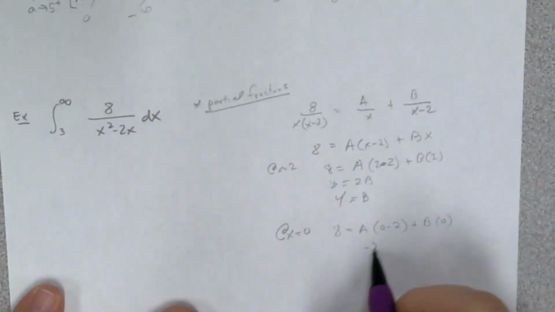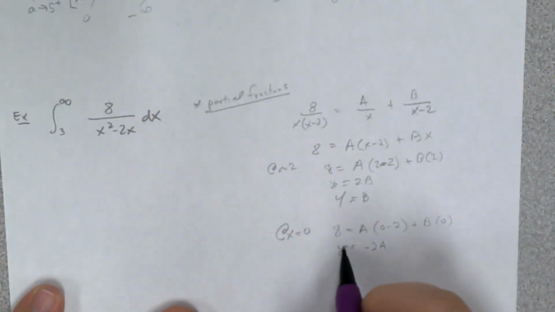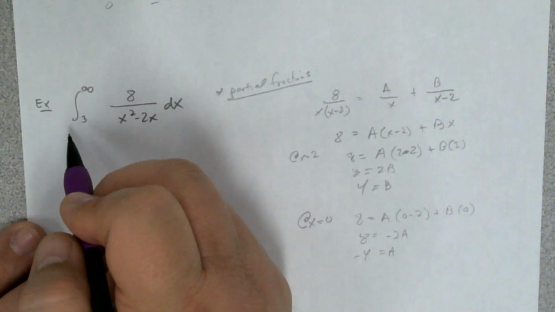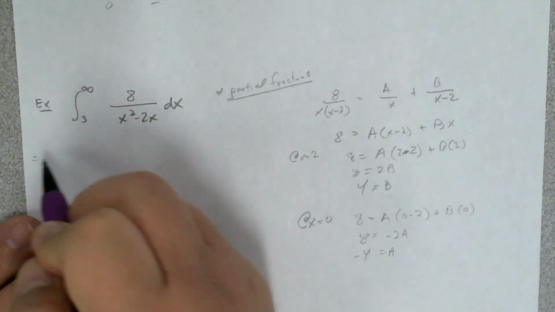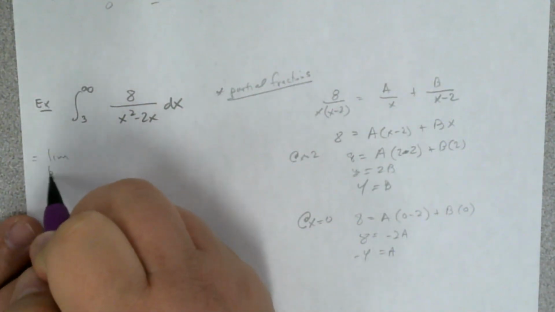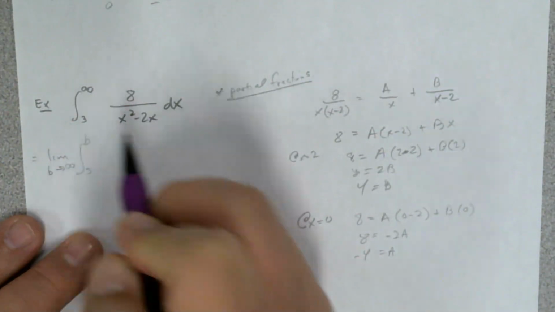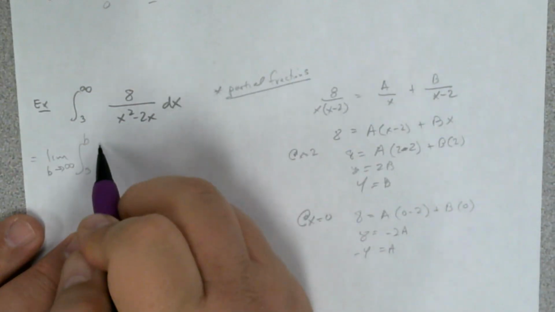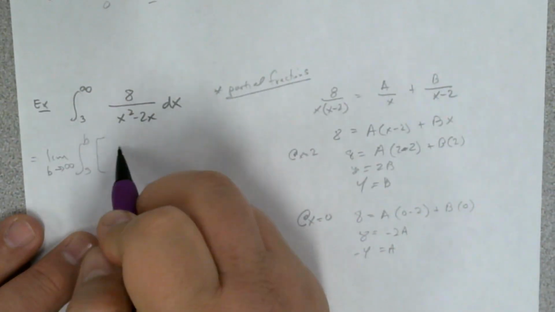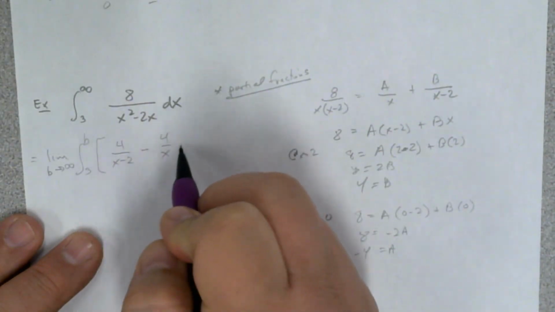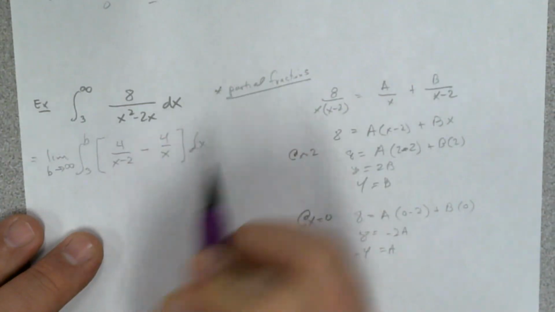I get negative 2a equals 8, and so a equals negative 4. So that allows me then to take this quantity over here and write it like this. This is the limit as b goes to infinity of 3 to b, and then this right here I can write as 4 over x minus 2 minus 4 over x dx,